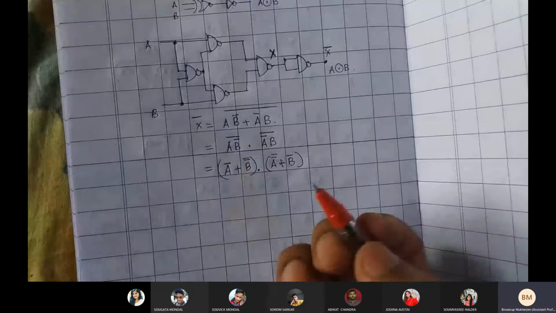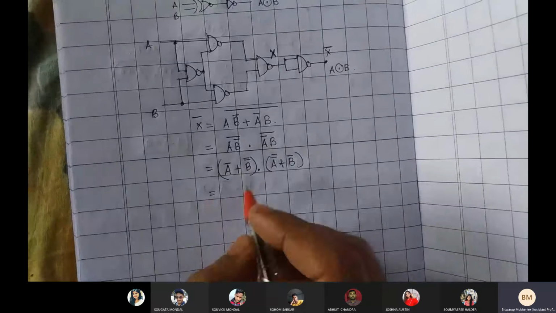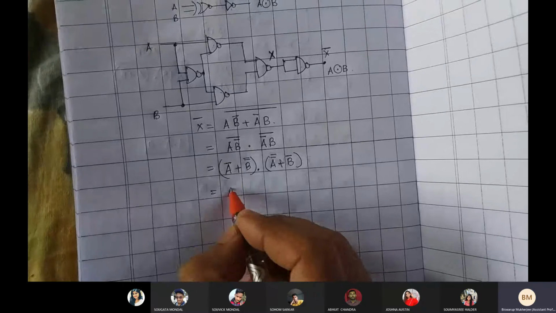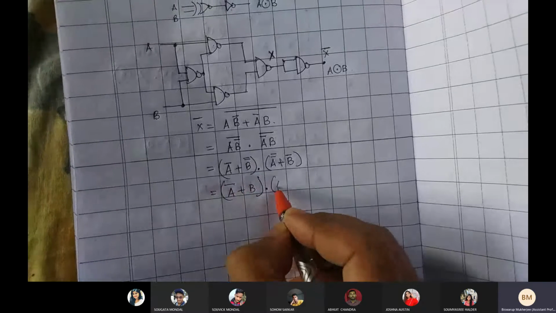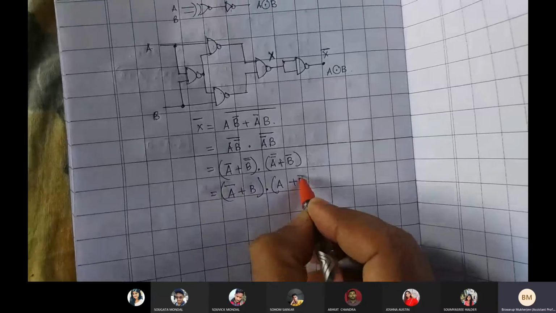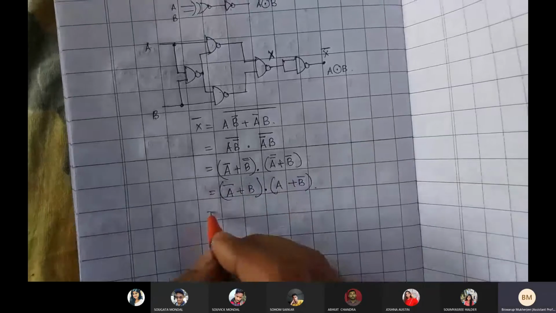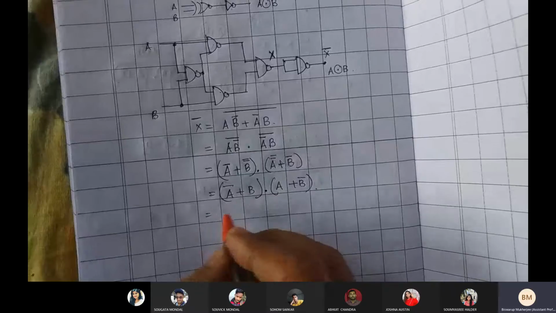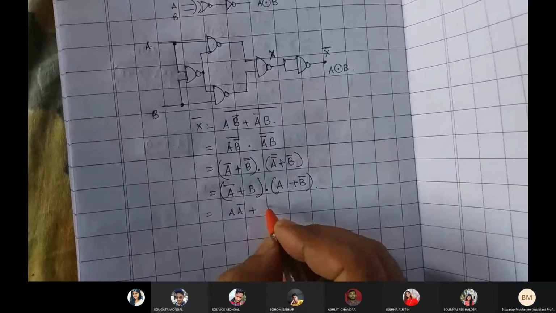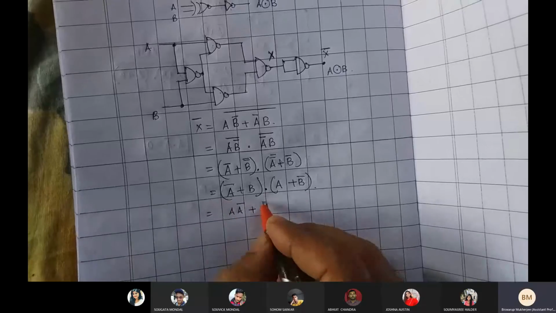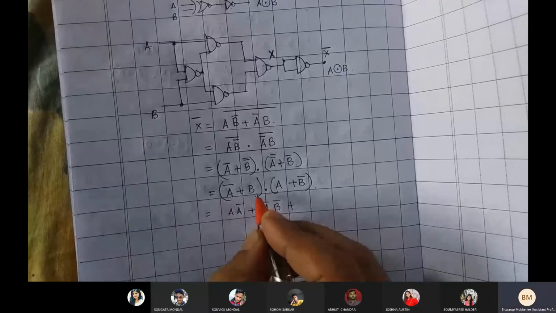So double complement means that is the direct value. So directly I can write A bar plus B dot A plus B bar. Now if you multiply these two, you will be getting A bar A plus A bar B bar plus AB